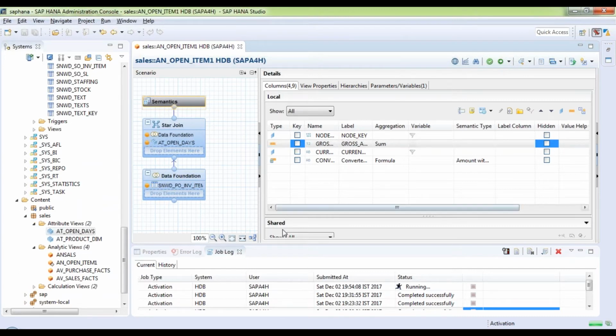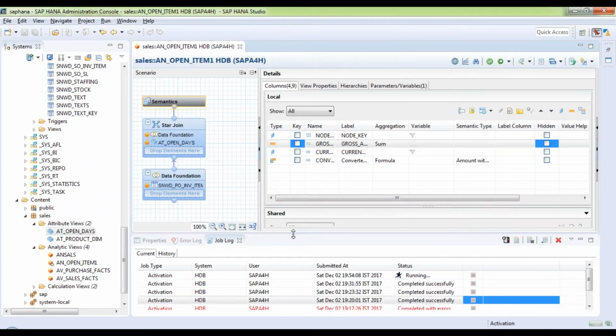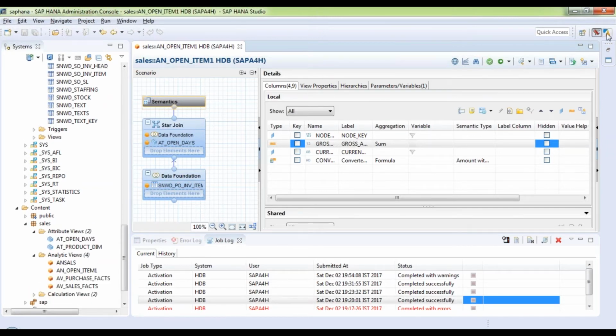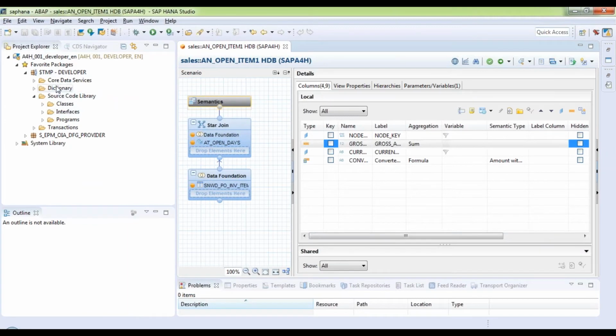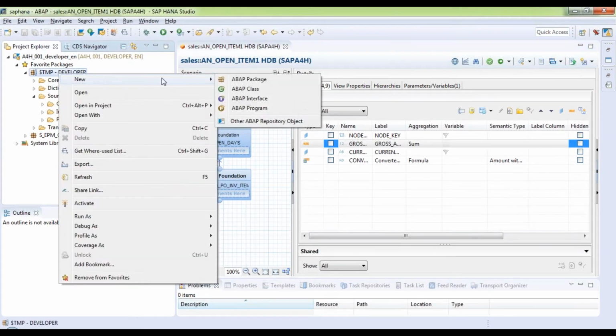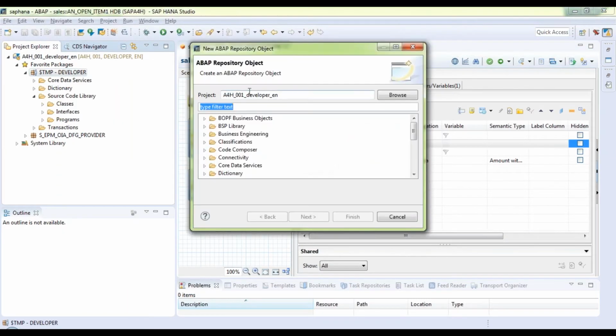So that's my analytical view. Let's also, at the same time, create a proxy view object to consume this in ABAP, and we will write our report program which would consume this analytical view now. So I go to the ABAP development perspective once again and right click, new, other, just create a view,